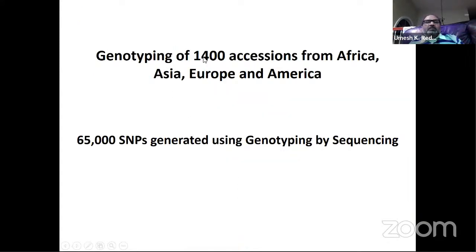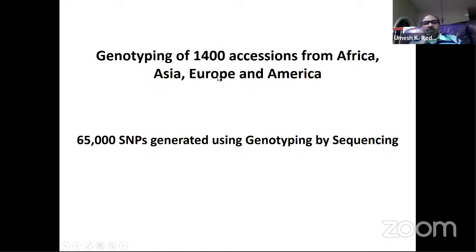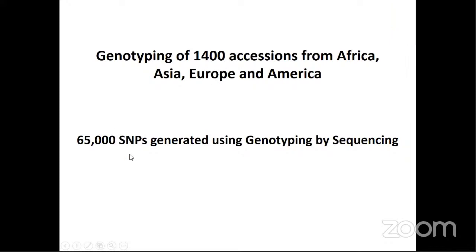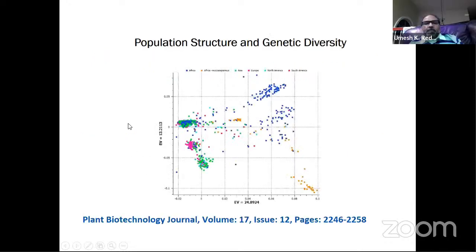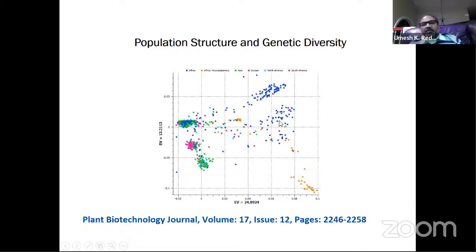So to start with, we have a cucurbit CAP project. All the cucurbit accessions in the country will be sequenced. Under this project, we are partners of that process. So we sequenced these 1,400 accessions of watermelon currently available in our germplasm bank, and we generated 65,000 SNPs. And then these are 3 different cultivated groups, and these 3 are semi-domesticated groups like landraces, and these are the wild species. So from this wild species, that is the mucospermus,